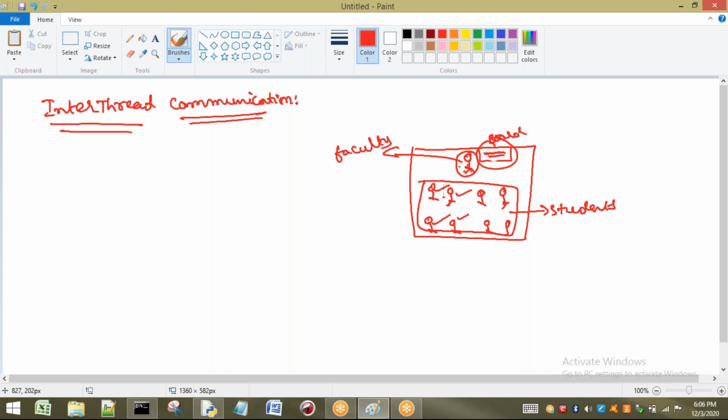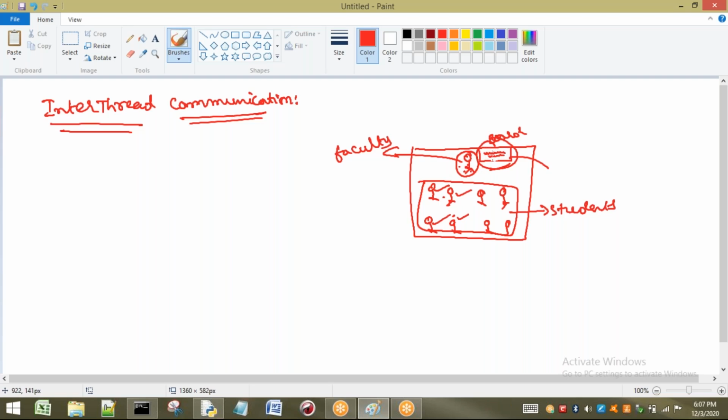Faculty inserts some data, and students retrieve data from this board. That means to communicate between faculty and students, some interface should be in between. Here we use the concept of the board, which is a medium or interface between the faculty and students.